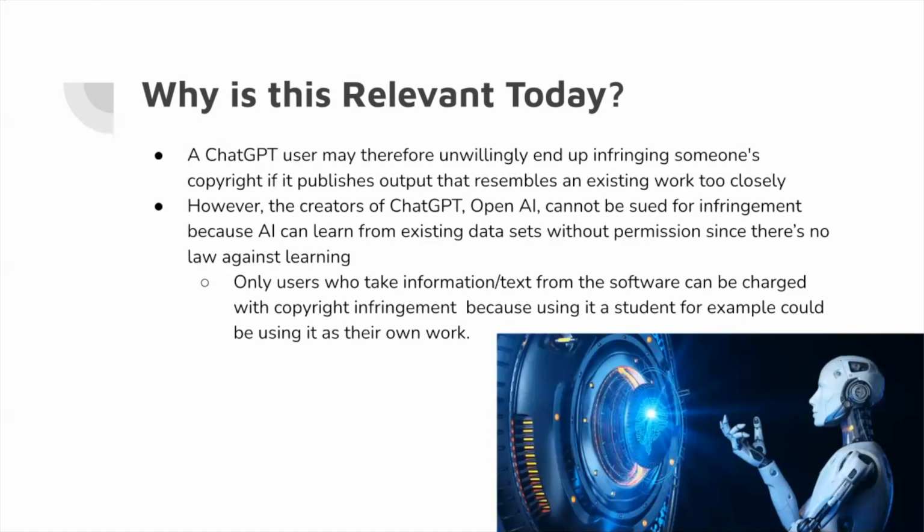The only people that can get sued or hit with plagiarism or copyright infringement are humans who use it and don't cite how they got that information. And regardless, even if they did say, hey, I used ChatGPT as a reference or as a source, it's still an invalid source because ChatGPT got it from a third party. So you need to find a true third party, a third party who has information on whatever you'd like to talk about, and use that as a